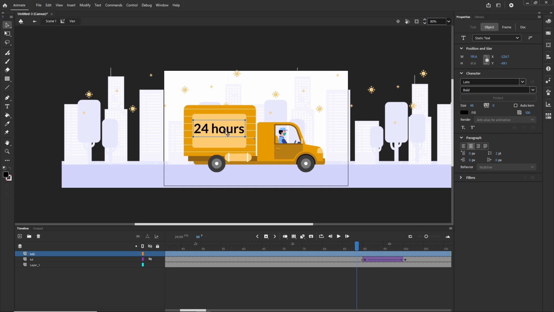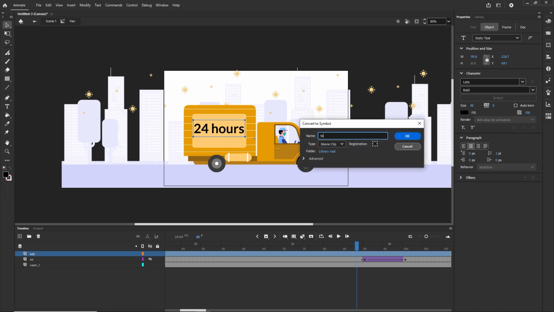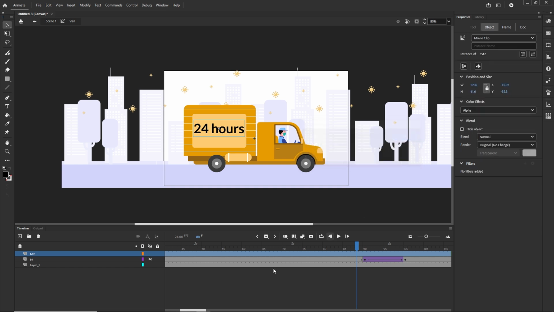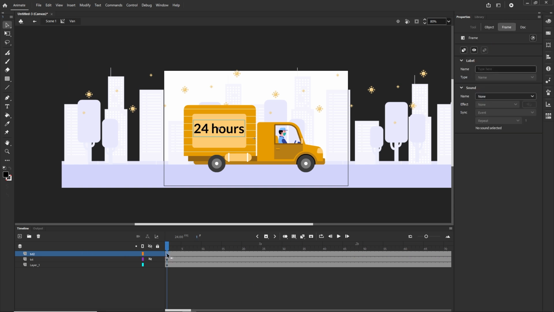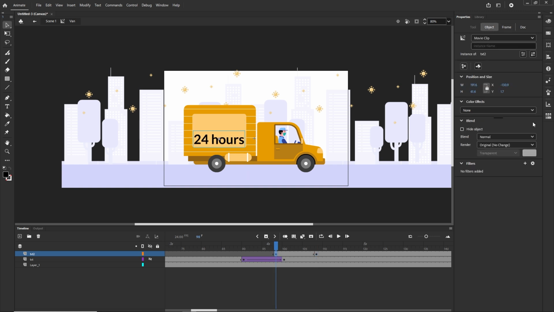And right now I'm going to convert it to a symbol, F8. This is going to be txt number 2, and I'm going to get the keyframe of the txt2, and I'm going to put it maybe somewhere here, and I'm going to create a new keyframe, and I will go to the initial keyframe. I'm going to put this down like so, and I'm going to make the alpha opacity 0,